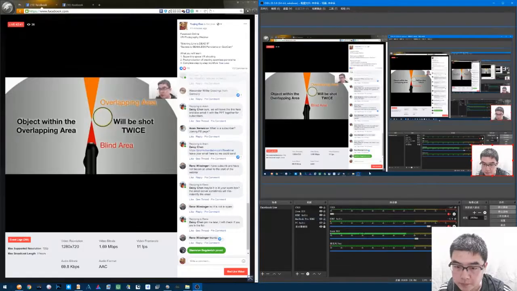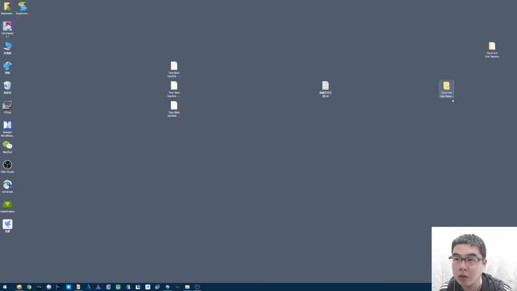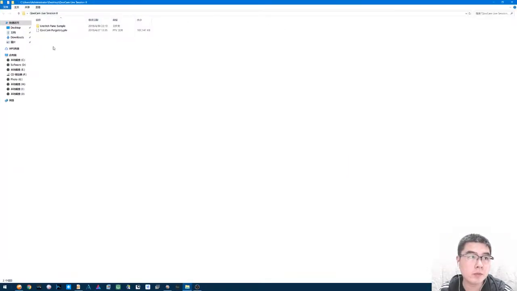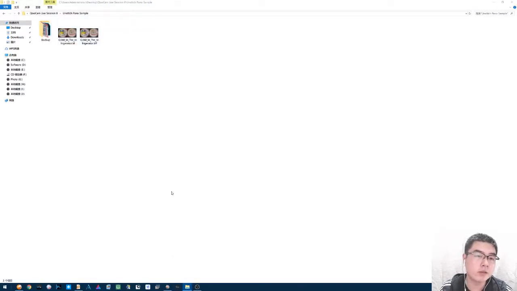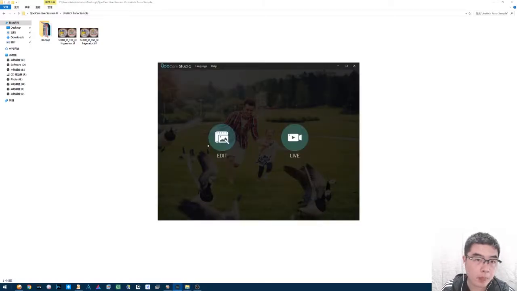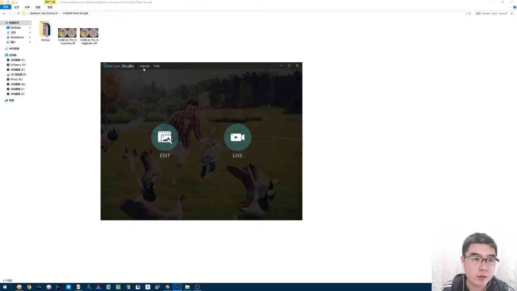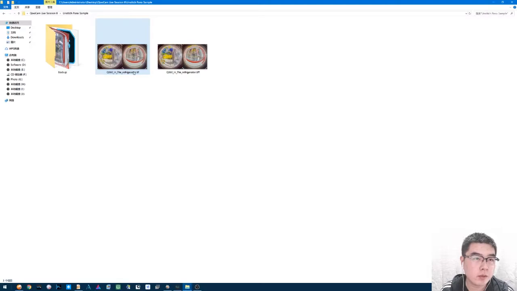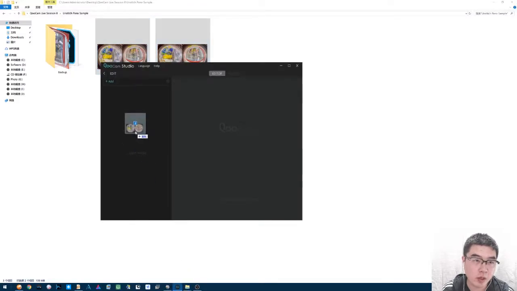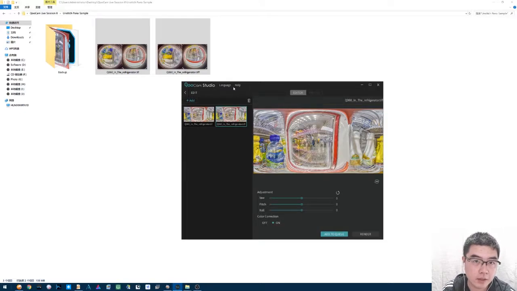Let's get started, right? Okay, so here I have some source files for the unstitched panel, and you will open up the latest version of QooCam Studio, and now you have this one. And in edit, watch out that this image has TIFF files. So in the latest QooCam Studio, finally we have support for drag and drop for the TIFF files. So you can put it on this, and